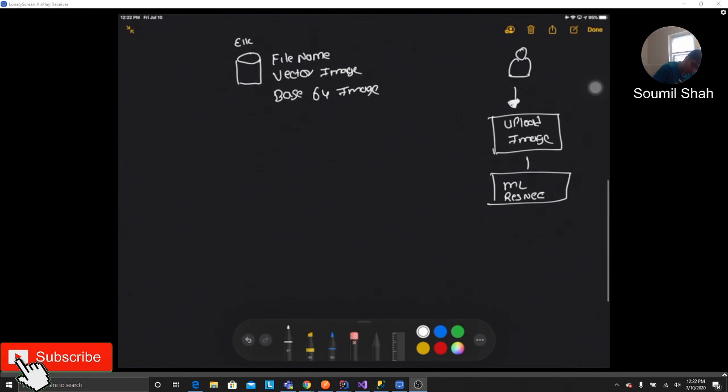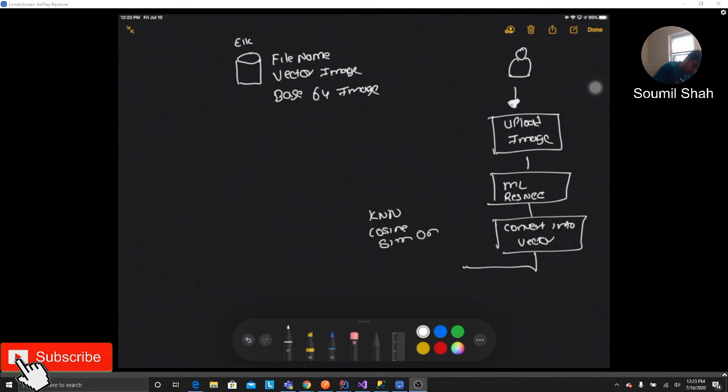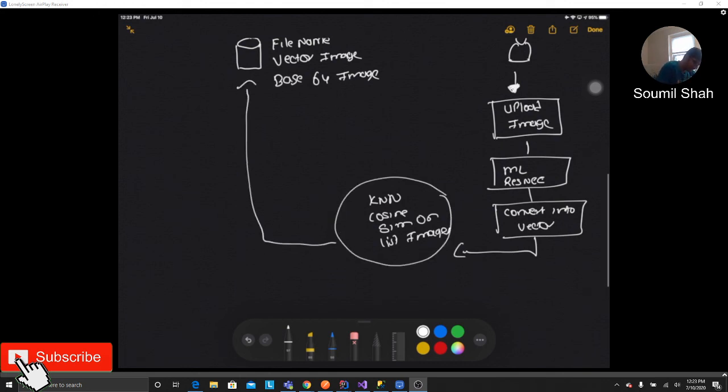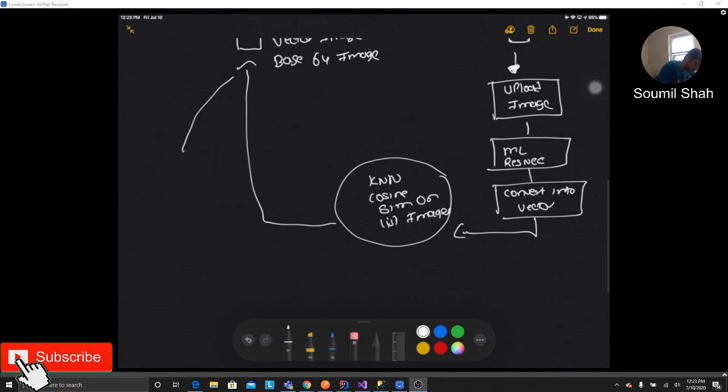We apply that and convert it into a vector. Then we will use this vector to perform KNN or cosine similarity on the list of images, right? This would result in similar images.